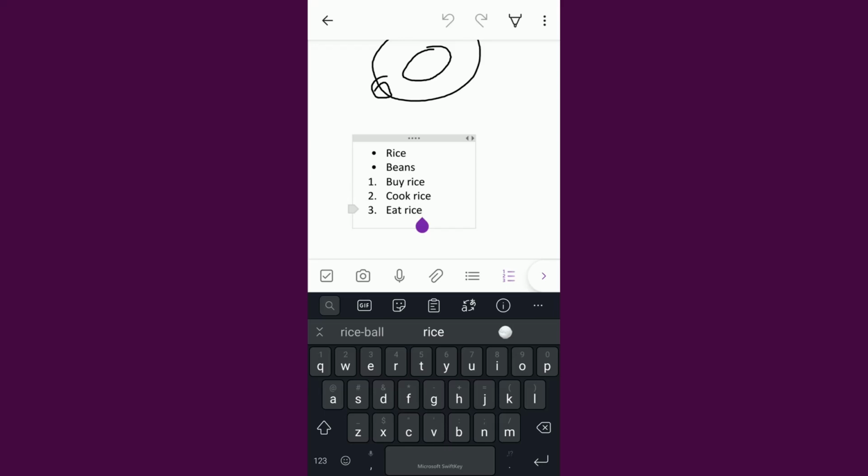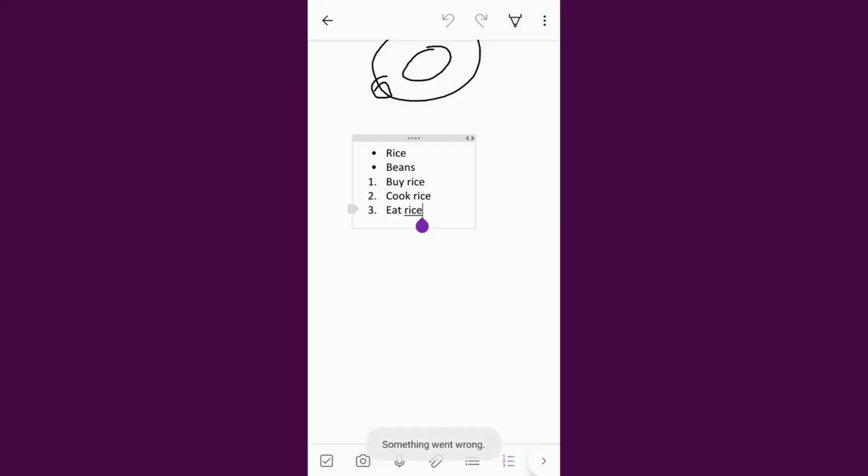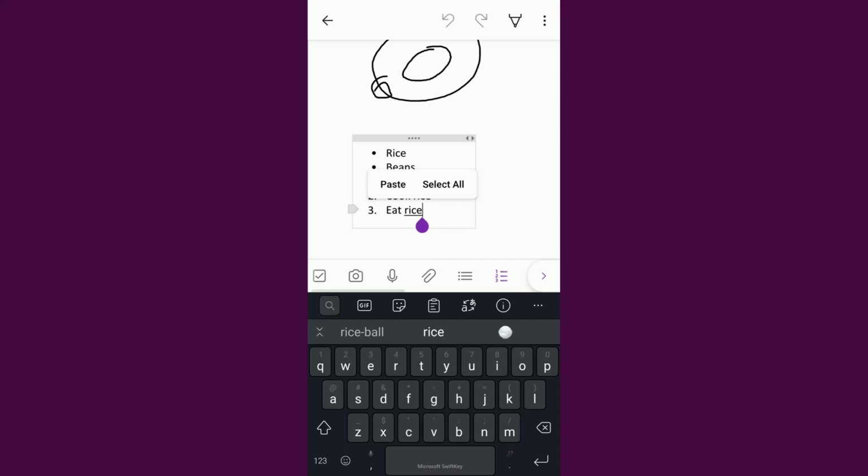One of the most important things that you can do with Microsoft OneNote is that you can record your lectures. If you're using an Android smartphone, the recording is limited to 3 minutes. But if you're using an iPhone, a laptop, or any other kind of device, then you can record an unlimited amount of time. To insert a recording, you just tap the microphone that's in the toolbar above the keyboard, and the device will start recording.